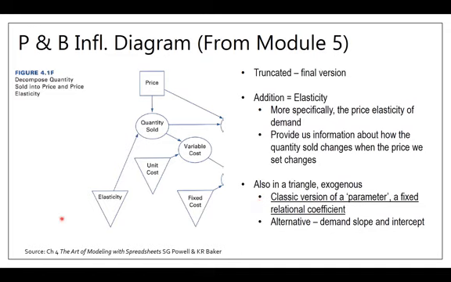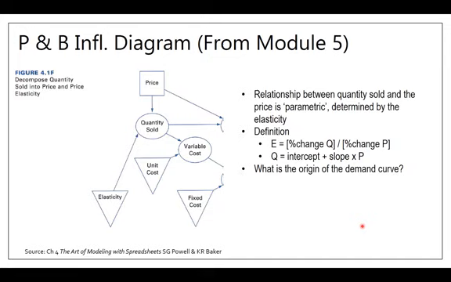And then of course the alternative to just using the elasticity would be the demand slope and the intercept. So if we were to look for a definition, we would say that the parameter governs or clarifies the relationship between quantity sold and price. It's either the elasticity version, percentage change in quantity divided by the percentage change in price, or the level version, where quantity is equal to an intercept plus the slope, the governing parameter that tells you a unit change in price gives you how much change